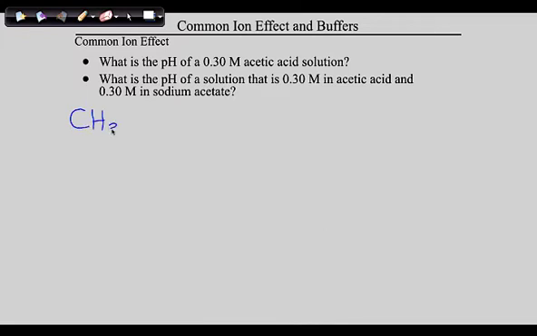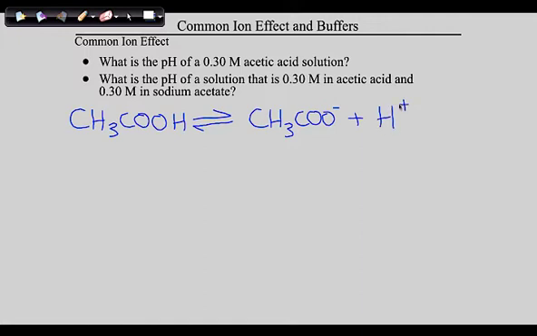Okay, so common ion effect. Again, guys, I would strongly encourage you to put the conjugate base first, and then the protons, and then we've got our ICE box. Now let's talk about how this ICE box changes now that we have something exhibiting the common ion effect. As previously, we have an initial concentration of acetic acid, and that would be 0.30